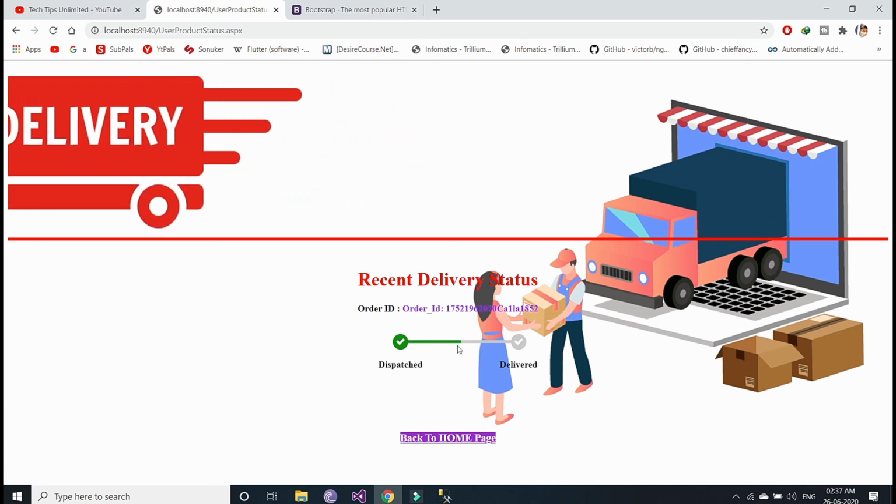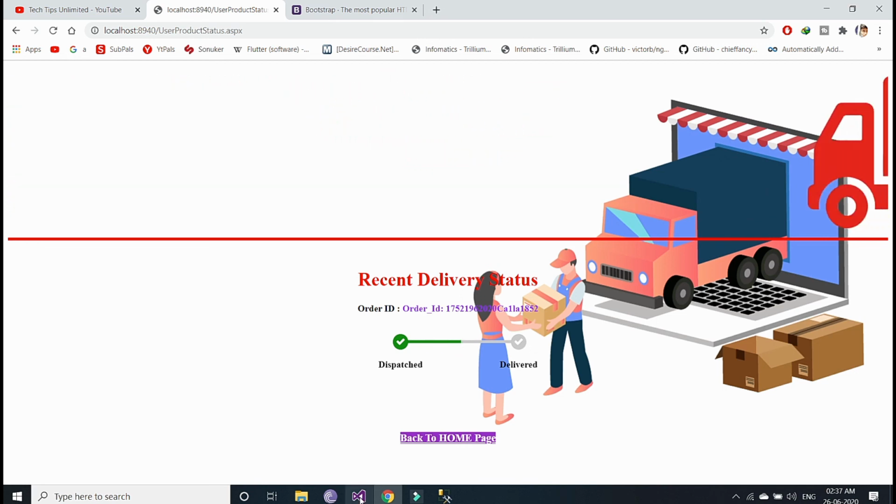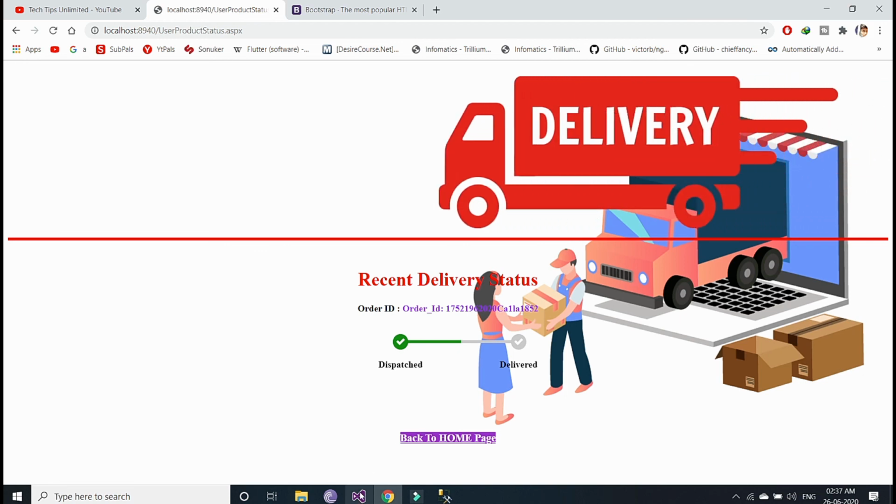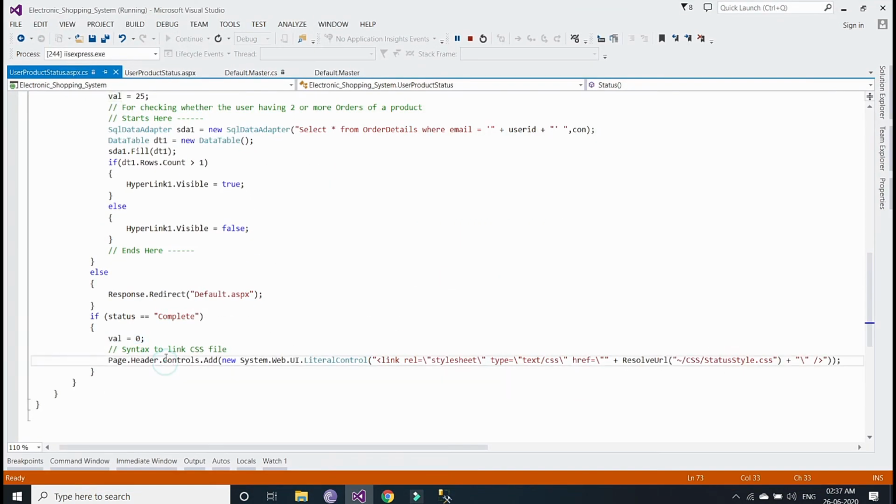Now let's talk about this progress bar. If it is complete, then it should be whole green in color. For that, I have linked this CSS page with this line of code.